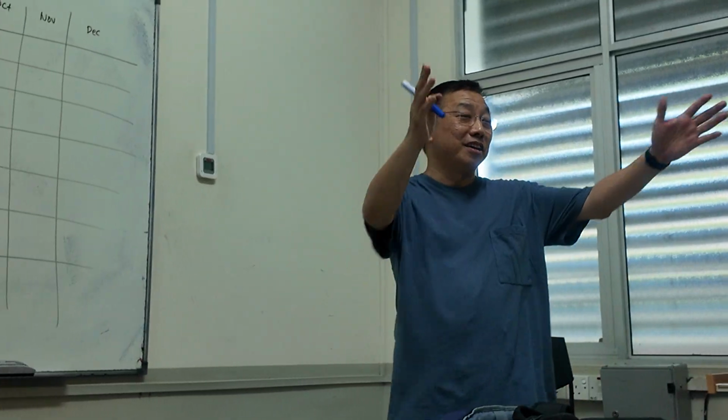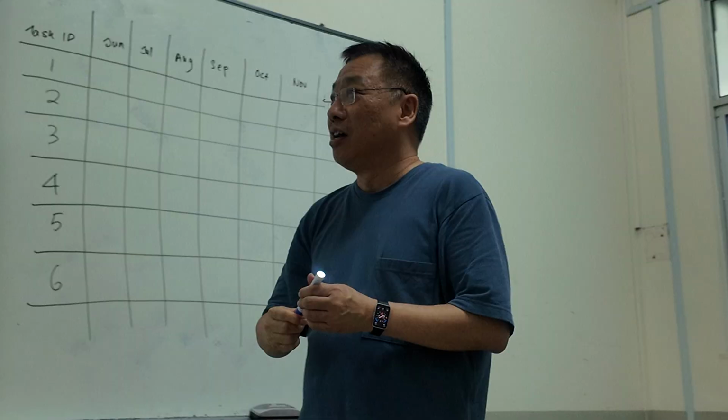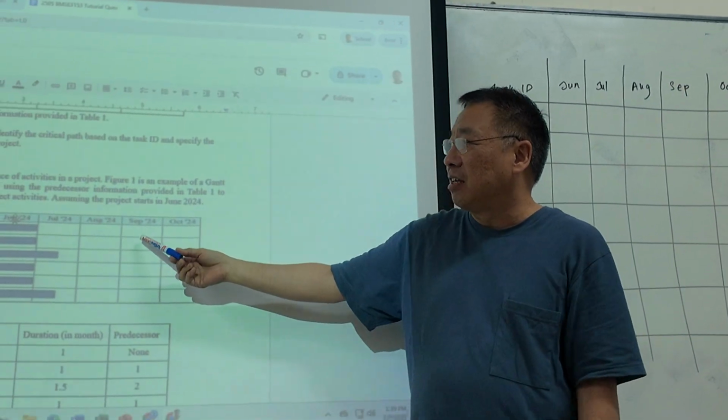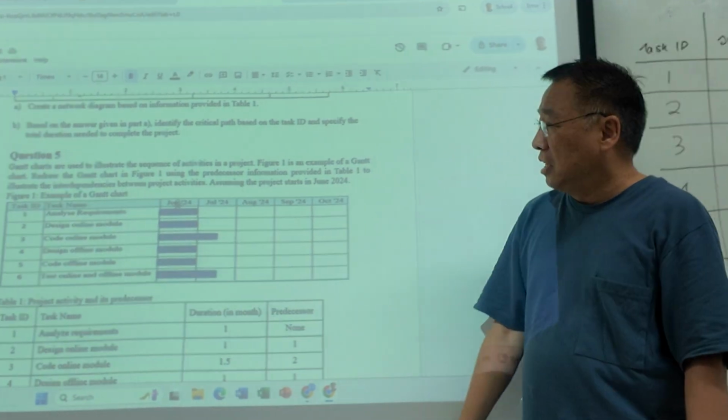Okay, so this question will require a representative. We'll just take anybody to come up and draw this. Okay. So what happens here is that this is a project where there are 6 different tasks, and each task,